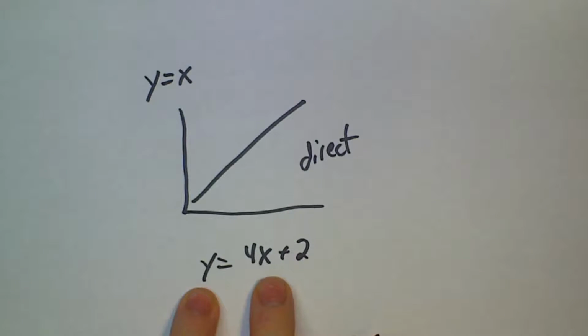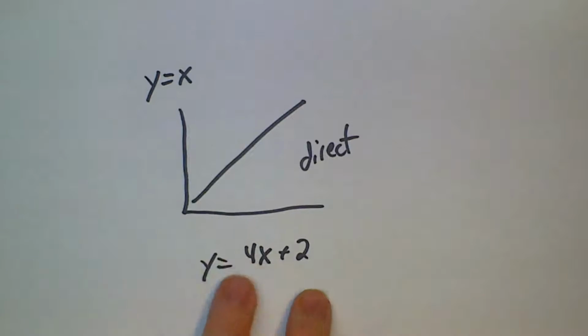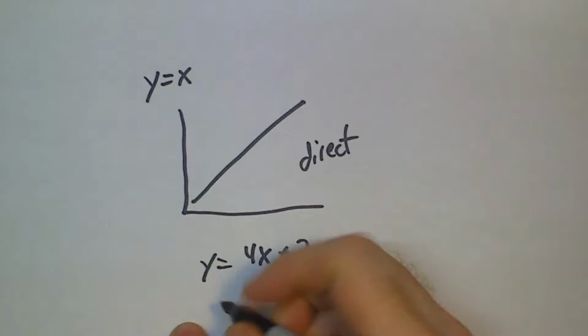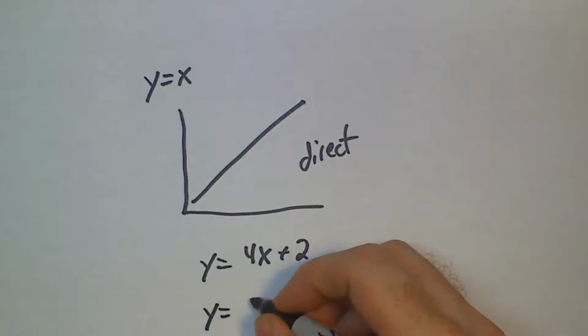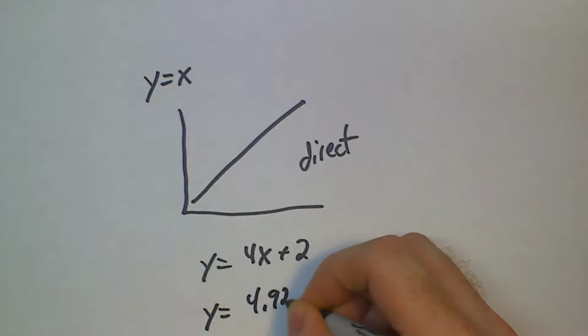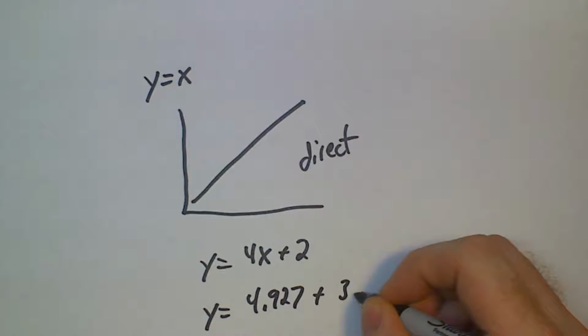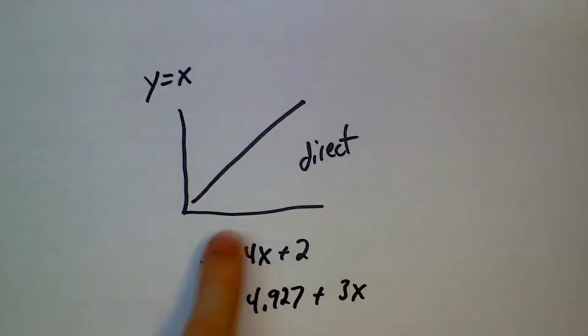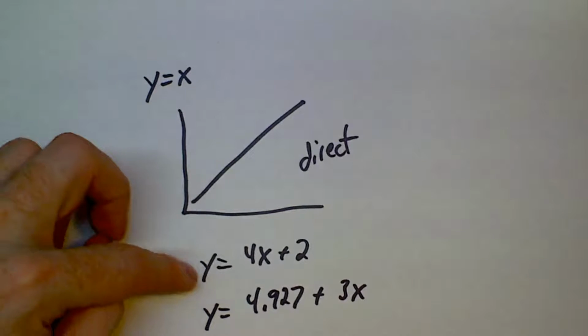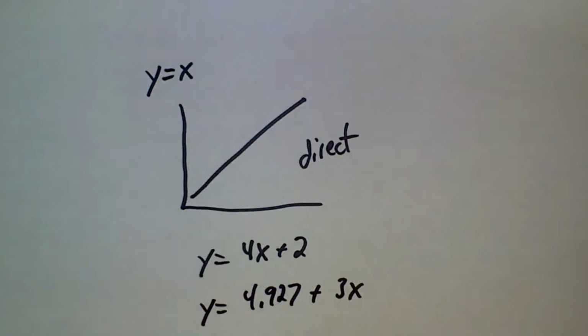Y and x are straight across from each other across that equal sign. This 4 and this plus 2 don't change the relationship, okay? The only thing that matters here is y's relationship to x, okay? So this equation and y equals 4.927 plus 3x, this equation, this one, and this one, all three of these have the same relationship between y